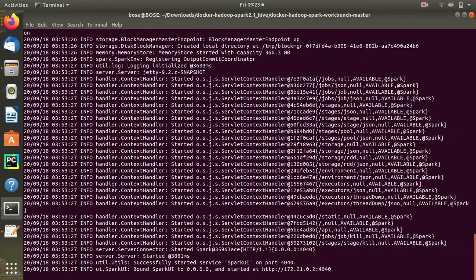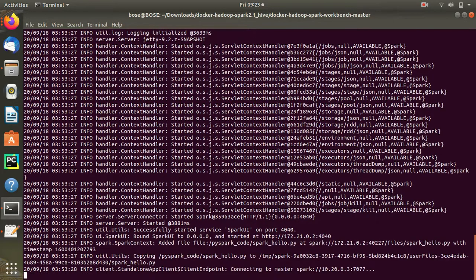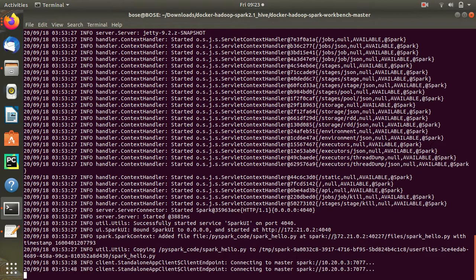Okay, now it got submitted as our path is right. So one slash was missing. See, it is connecting to 7077, where it is to run. So 7077 is the environment where, see, it is started. We'll go and check it, but before that it might end. This is the intermediate environment check.